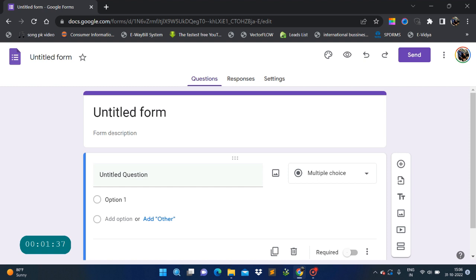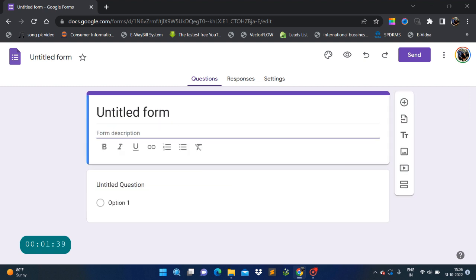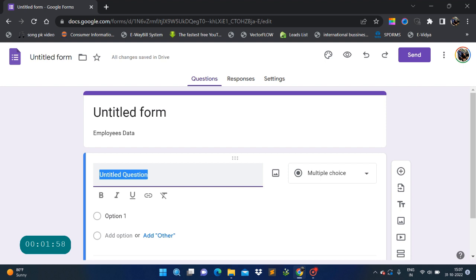The same as what I showed you in the previous template, you have to give a form description and the heading of the form. I need to get some data from my employees, so I will just give the heading employees data. Okay, now what will be the first question? Okay, so I need first name, this will be my first question,